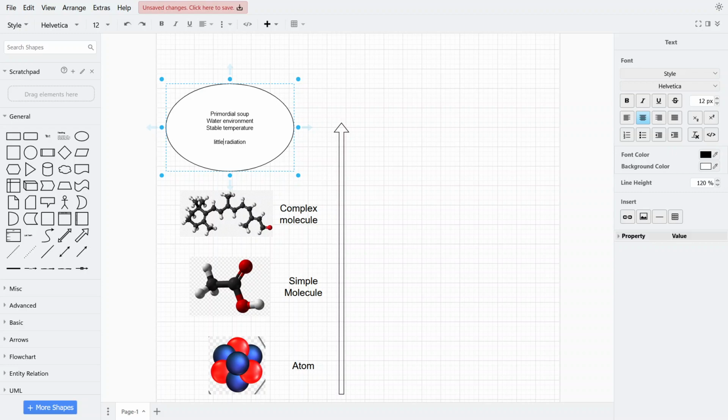Okay, and in this soup, you have the tools to start making life happen. And I'm gonna explain how I think it started, because it seems extremely logical. So, in this primordial soup, you start